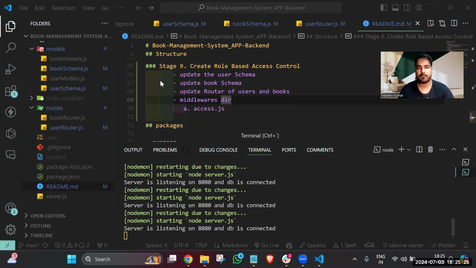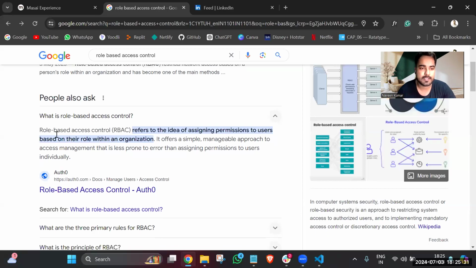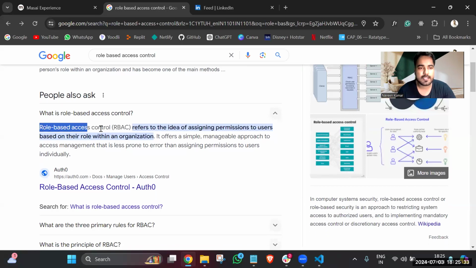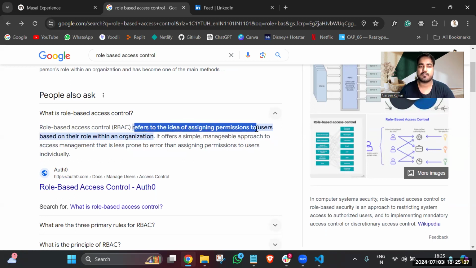Before moving onto the topic, we'll see the definition first, that what is role-based access. It says that role-based access control refers to the idea of assigning permissions to users based on their role in an organization. I know it is saying it in very layman's language, but we can understand this definition